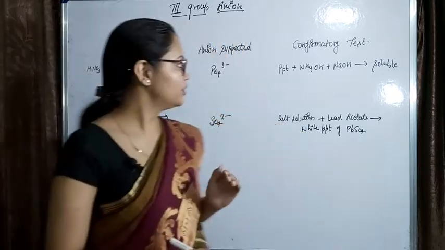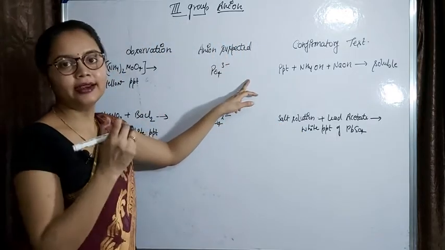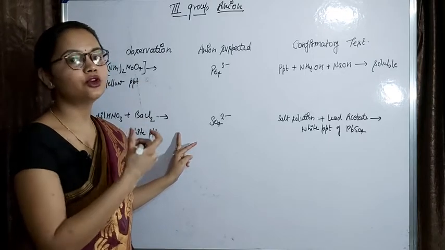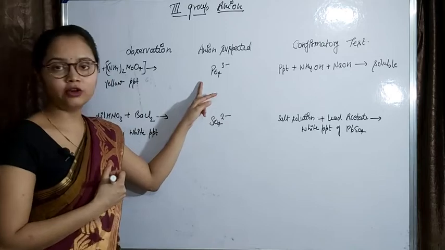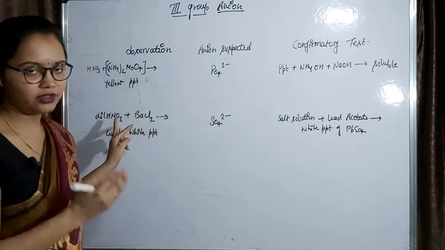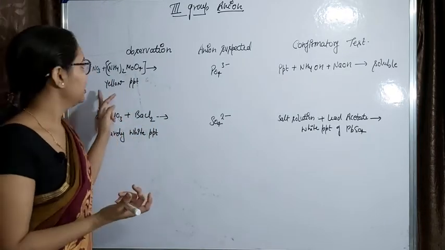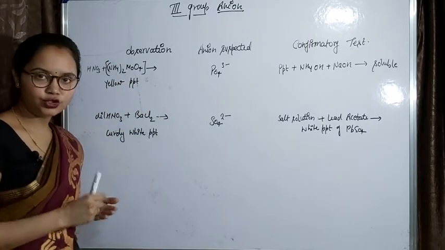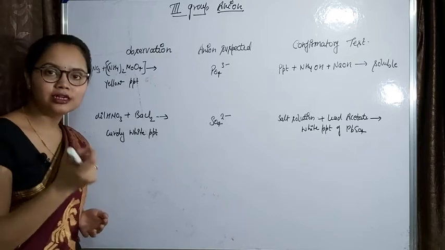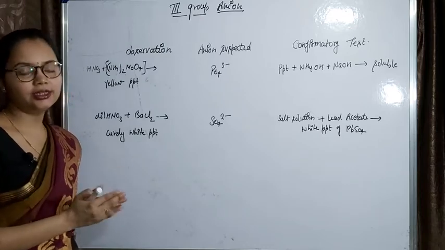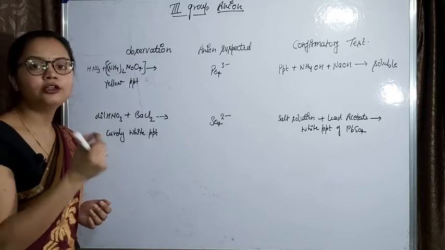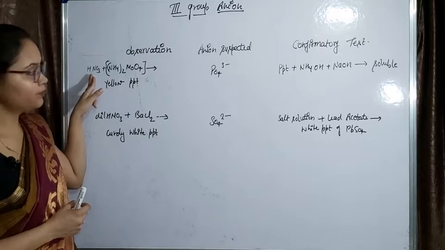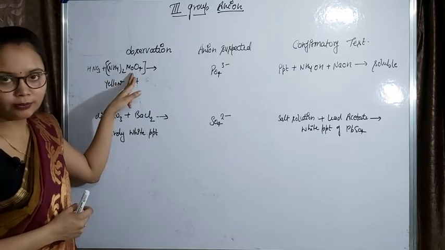So because of this we have to do separate tests for phosphate ion and sulfate ion to determine the presence of these ions. We have already discussed this in the previous video, but today we just recall. First of all, we have to take the given salt in the test tube, and then we will add distilled water in it. In short, we can say that first of all we will make the salt solution. Then we will add HNO3, and after that ammonium molybdate.